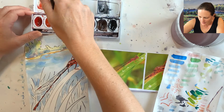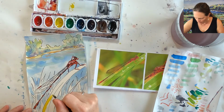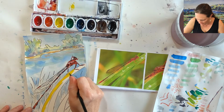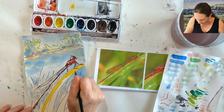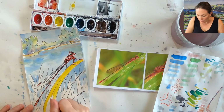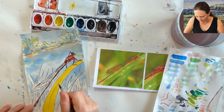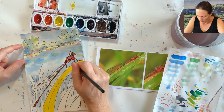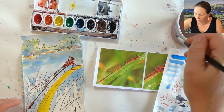I'm actually going to paint the leaf straight yellow first. I'm going to do some mixing on the paper because I want this to really stand out, and that yellow, I think in this case, can help. You notice how for the colors in the background, I used lots of water. And now I'm using less water. I just used a bit of water with that. And if your brush is too dry to get a clear mark, then you need some more water on your brush. But with that being a wet but bold yellow, I'm now going to take that green